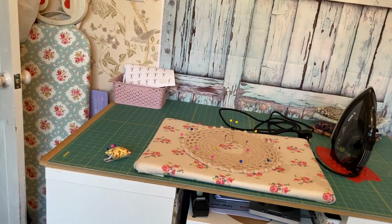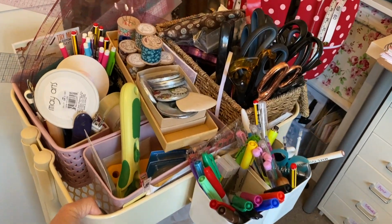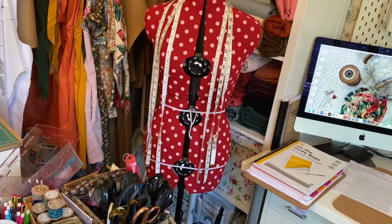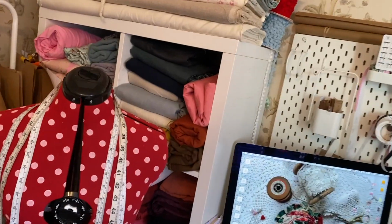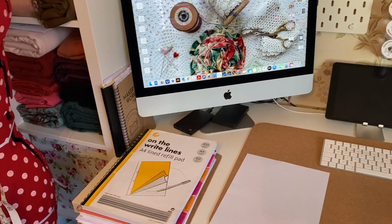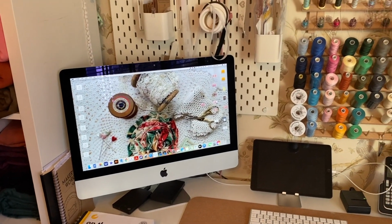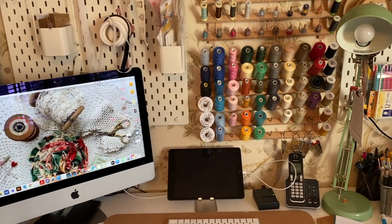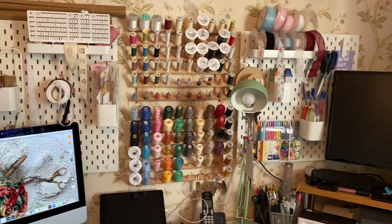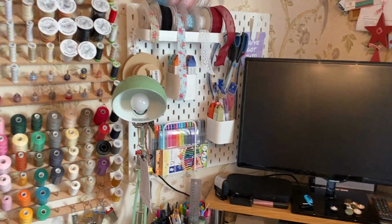Still plenty of room for me to cut out, my little trolley full of everything as usual, and I can get access to everything I need quite easily. And there's my desk, and this is the wall that I was actually sewing against. I haven't moved my sewing bobbins because I've got nowhere else to put them, but they're fine there. And my TV and Netflix is all connected,